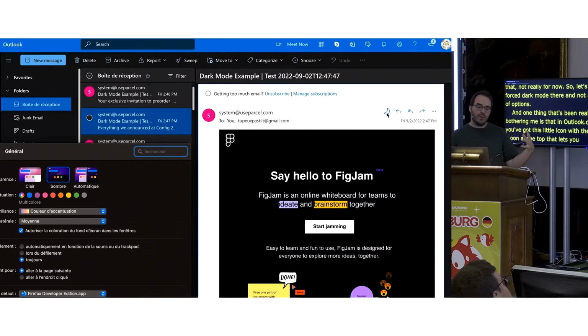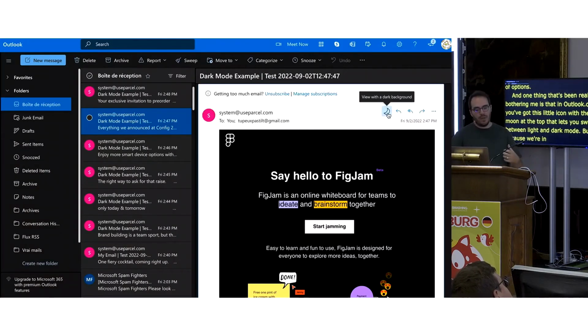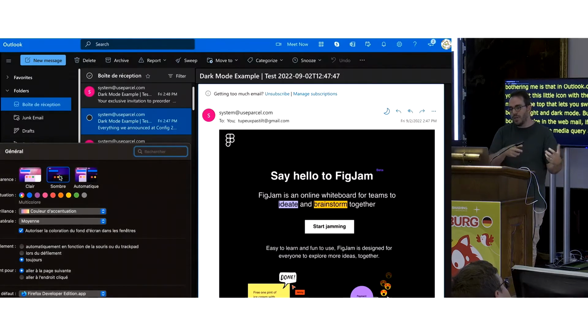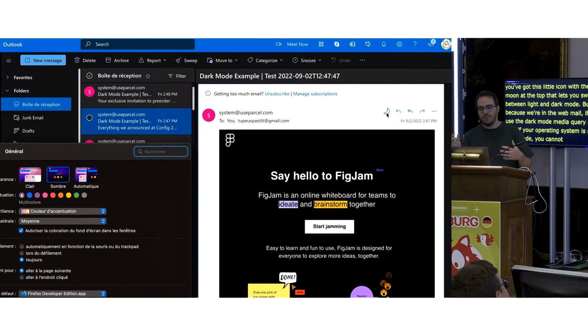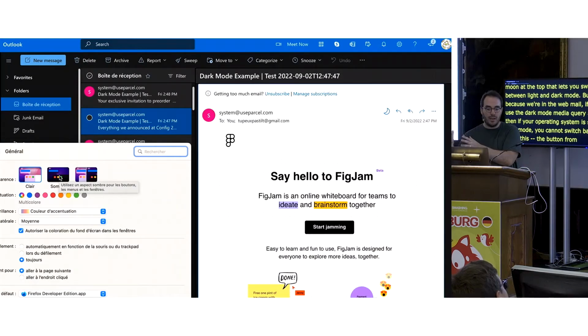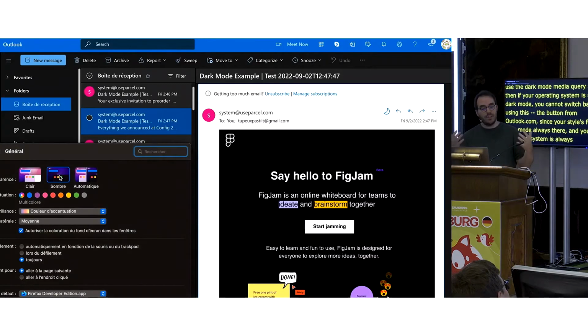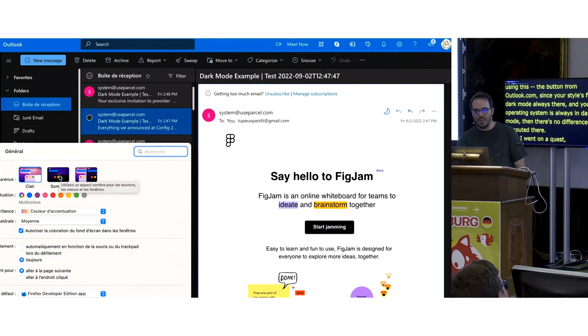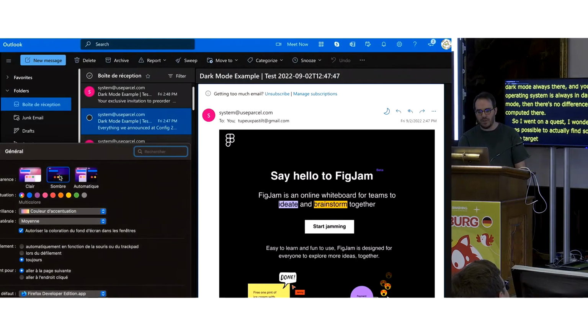But because we're in the webmail, if you use the dark mode media query, and your operating system is set in dark mode, you cannot switch back using the button from Outlook.com, because since your styles for dark mode are always there, and your operating system is always in dark mode, there's no difference computed there. So I went on a quest and wondered if it was possible to find some way to target this button from Outlook.com.